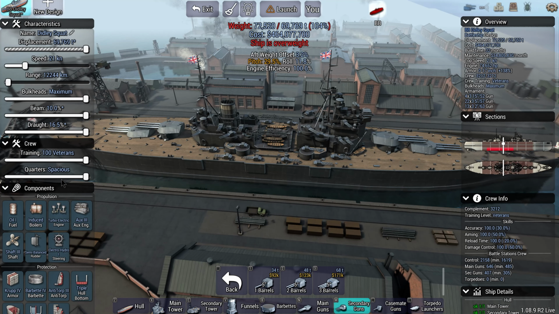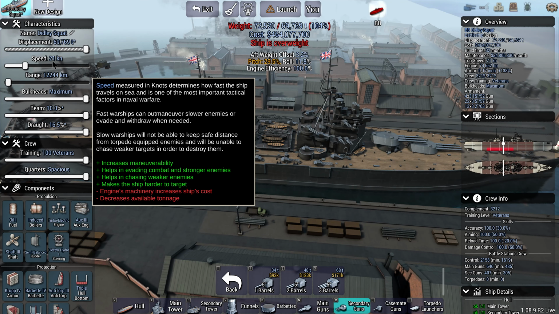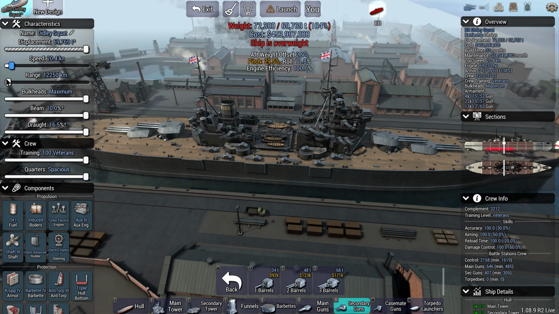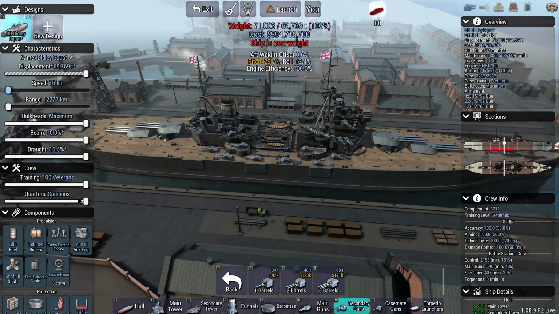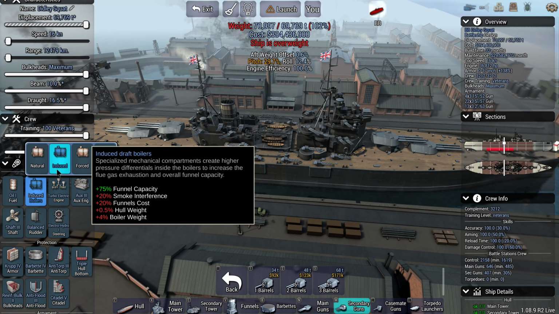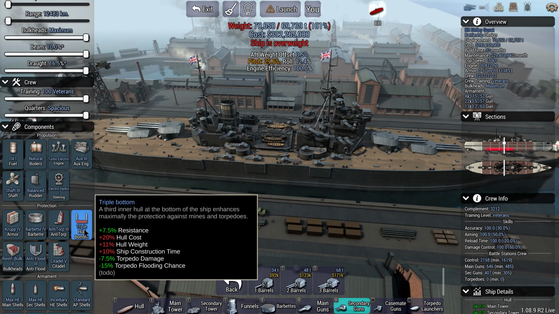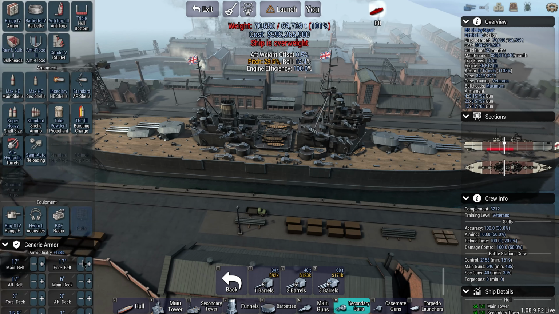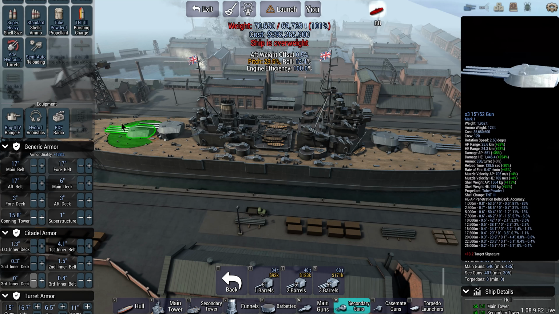Alright, so now we have to adjust our ship. Now, they didn't say that we had to use 21 knots. They said our maximum is 21 knots. So if we drop this down to 16 knots, that saves us quite a bit of weight. Of course, we probably don't need induced boilers for that then. So that'll save us a little bit more weight. And then we can drop some more deck armor because, again, we have to have at least...